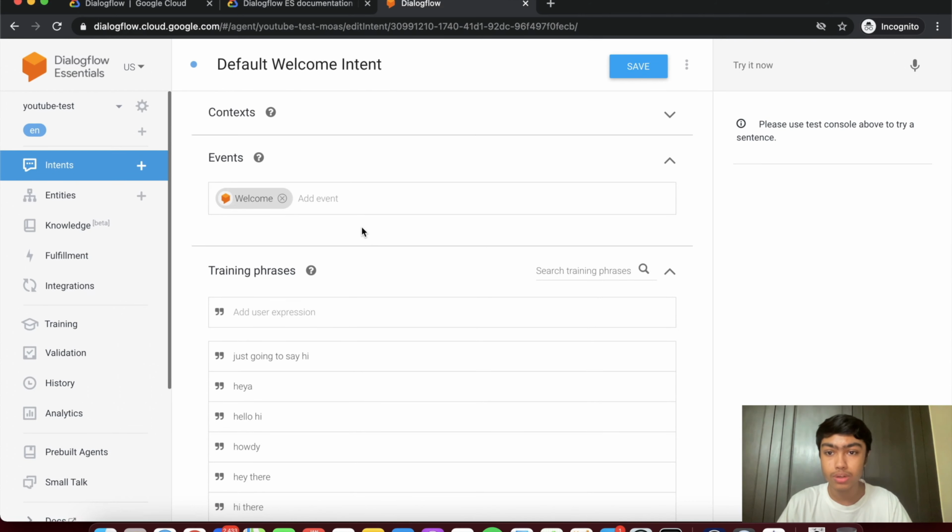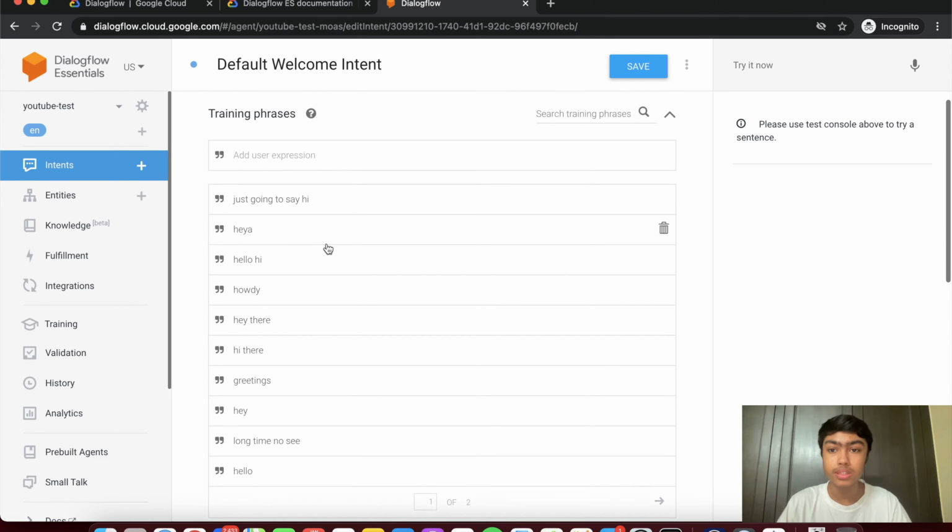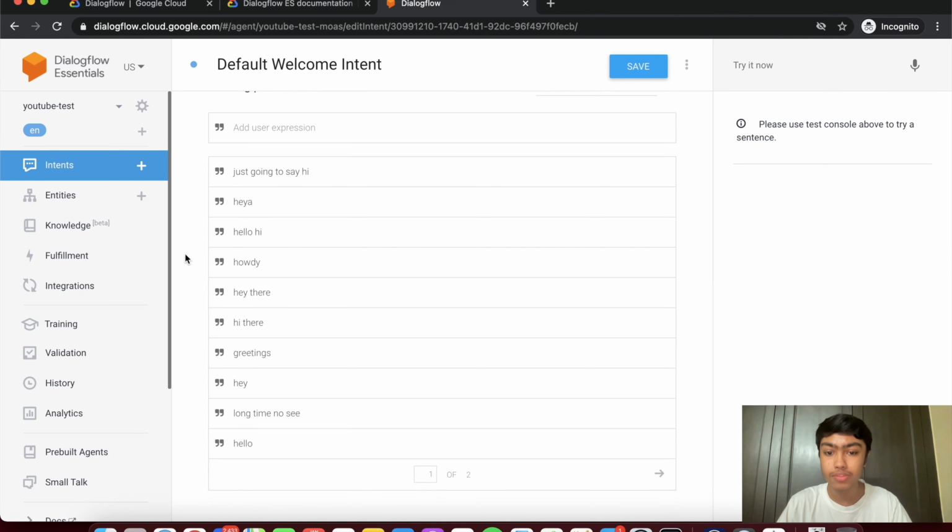Now the first thing you need to know is training phrases. So since this uses machine learning and AI, this type of agent that we're creating can accept multiple responses. So we're going to give it a couple of responses. Usually we give more than 10 responses, and the machine learning model is trained behind the scenes. So even if you give a typo, if there's a spelling mistake, or if you say something that is not in this list of responses, it still has the capability to understand that the intent, the meaning is the same,